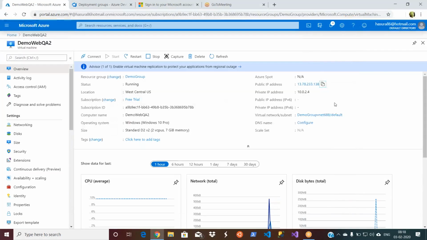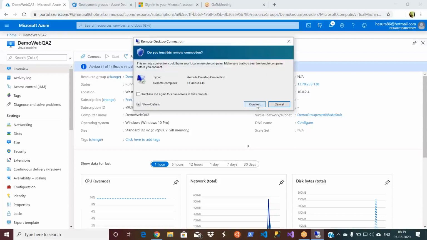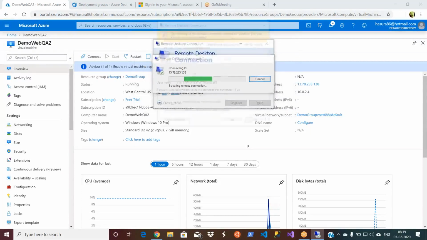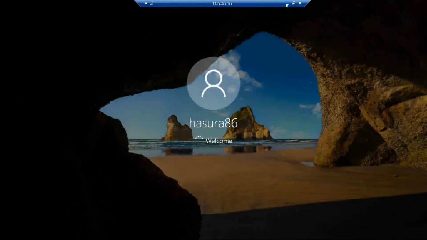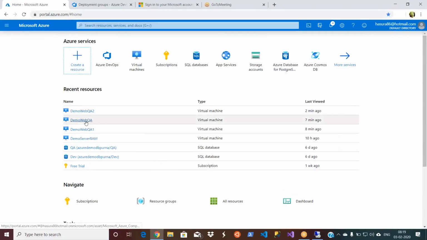So let me take my IP address. Let me log in, go to remote desktop, MSTSC. This is web QA2, right? So let me minimize it. Let me log into our web QA as well.